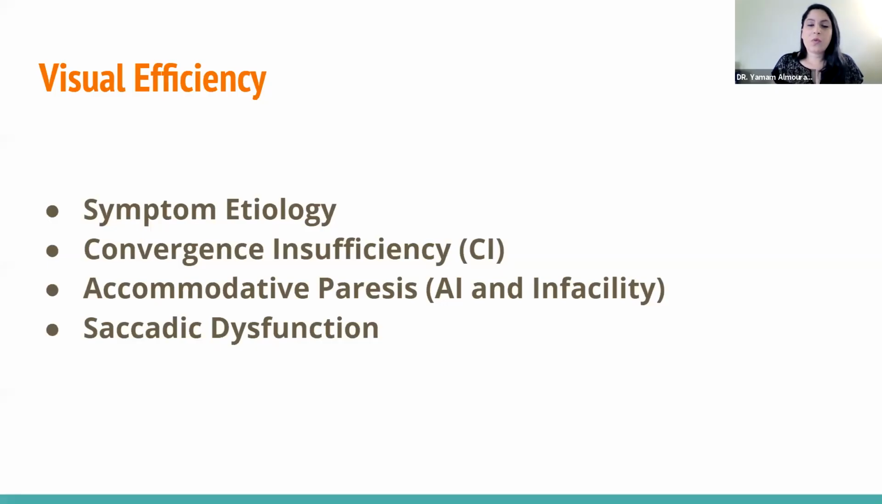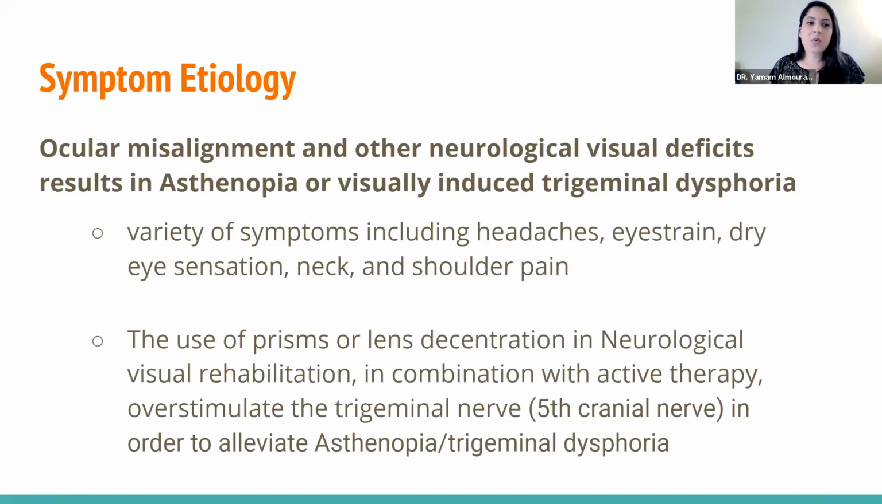So we always start with visual efficiency, and we're going to be talking about the etiology and then the most common things that you would see in a patient that has an underlying visual issue. Those three are convergence insufficiency, accommodative paresis, and saccadic dysfunction. And we will see just how common they are in adults versus children. So starting with why